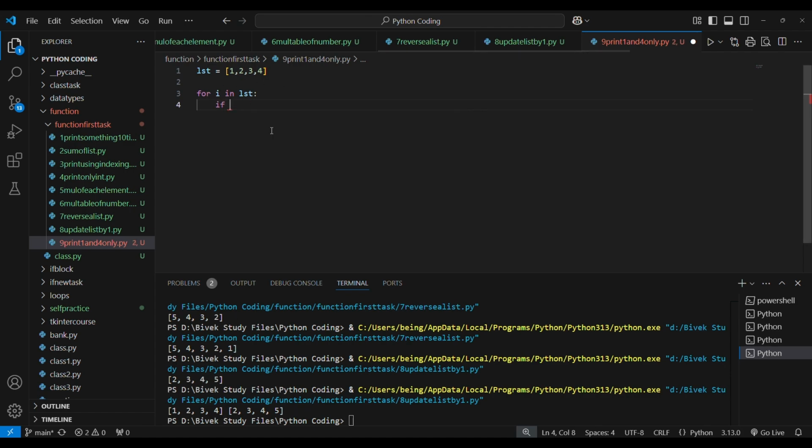Now let's check, if I do, it wants to print 1 and 4 only. So if I have value 2 or I have value 3, then continue. Otherwise print. So else,